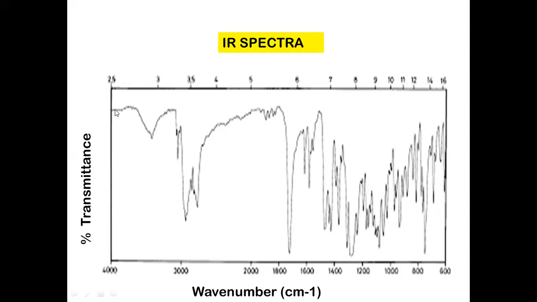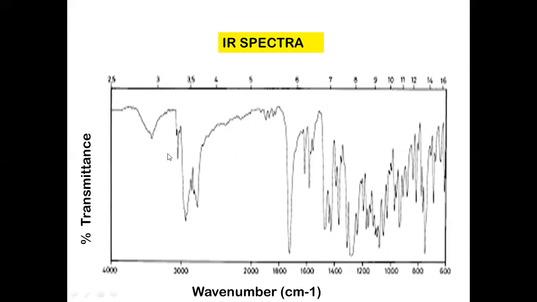If I'm getting here somewhere say 80%, it means 20% of the radiation is being absorbed and 80% is transmitted. If I'm getting here a flat line, it means my compound is not absorbing anything, it is transmitting everything. But as you can see down here, the percent transmittance is decreasing. It is going more deep, so percent transmittance is decreasing, which means absorbance is increasing, correct? So here my compound is absorbing maximum. Here we have a maximum absorbance, and then again it goes on decreasing.